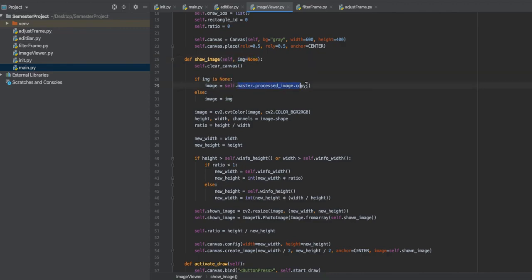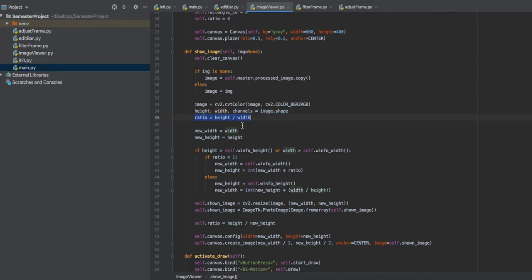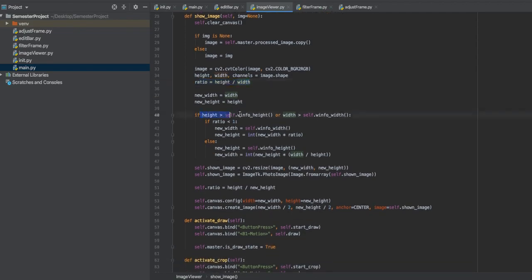If it is none, take the stored image, but if it is not none, take the given image and convert to RGB from BGR, because OpenCV holds BGR image, and I have to convert to RGB because the images are shown in RGB. I'm taking the height, width, and channel information, and also I'm calculating the ratio of the image, the relation between height and width. If height is